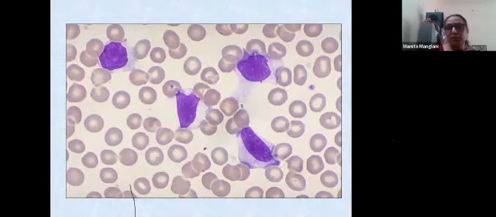Of course, atypical lymphocytes in infectious mononucleosis is a known phenomenon in various other viral infections, including even COVID. In fact, they look so much like blast cells. You can see the nucleoli very vividly here. But they are not blasts because of the type of cytoplasm they have, the skirting of the RBCs that happens. This is typical of atypical lymphocytes.